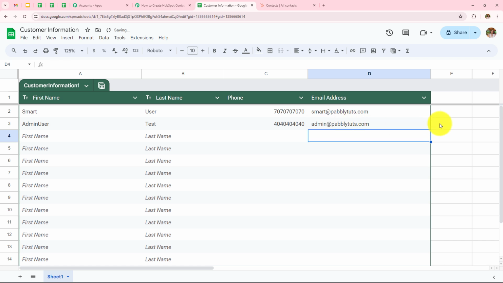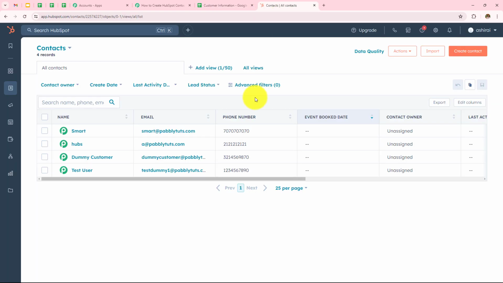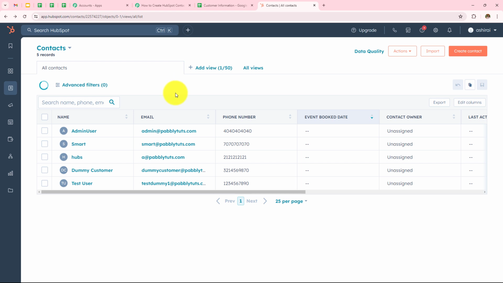So now we need to go to our HubSpot and check whether this recent contact has been created or not. Let's refresh the page once. And over here we can see we have successfully created this contact also. The name is admin user, the email address is admin@pablytudes.com, the phone number was this.